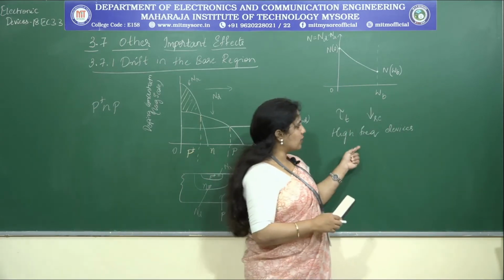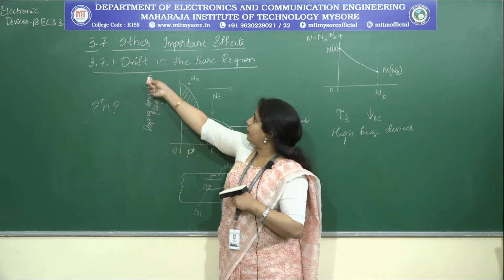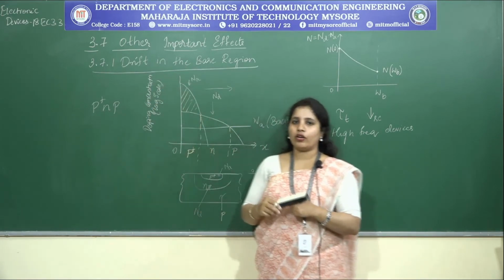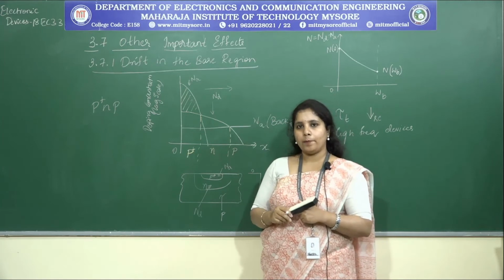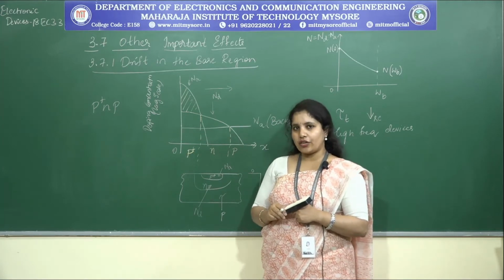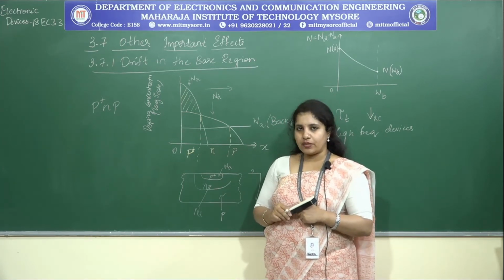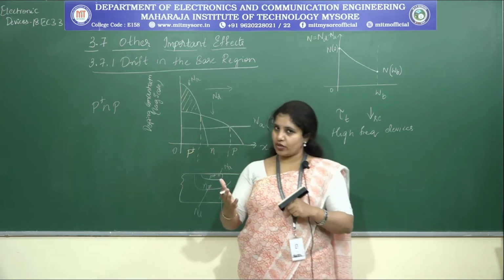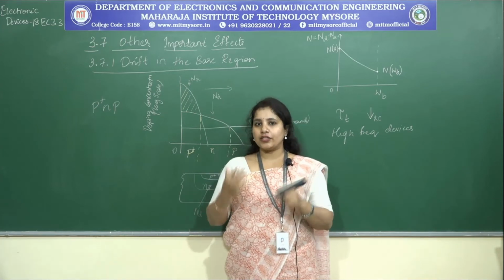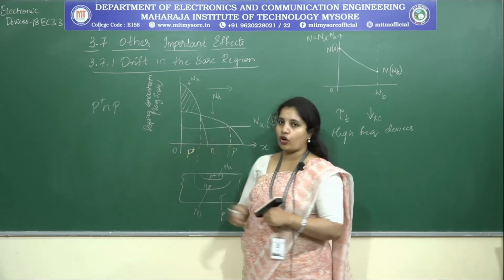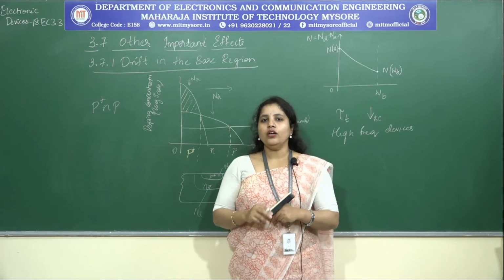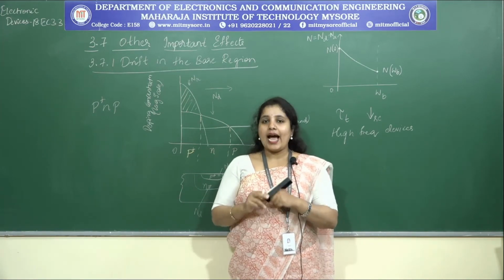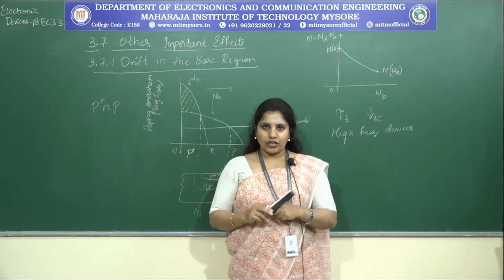Getting my point? So, that is where this particular drift in the base region, second order effect comes into picture. Now, there are a few equations that you have to go through. Let me just try to represent that. Here we have a diffusion factor as well as the drift factor that is involved because of the non-uniform doping in the base. So, by including both of these at equilibrium condition, if I try to represent,